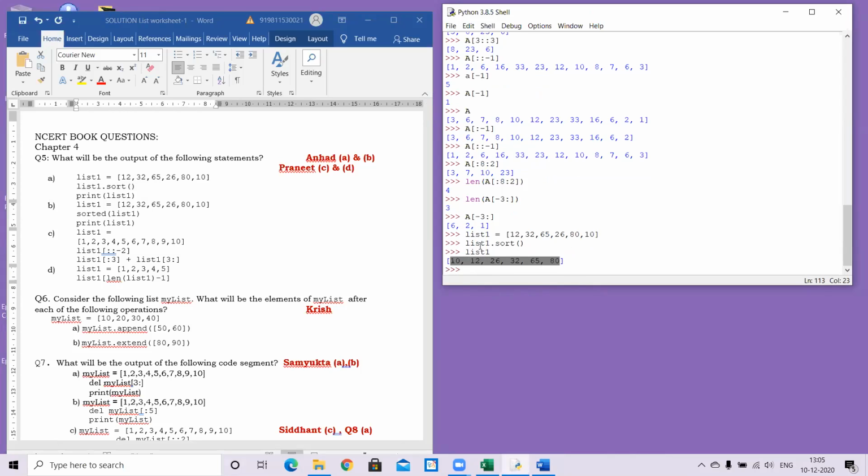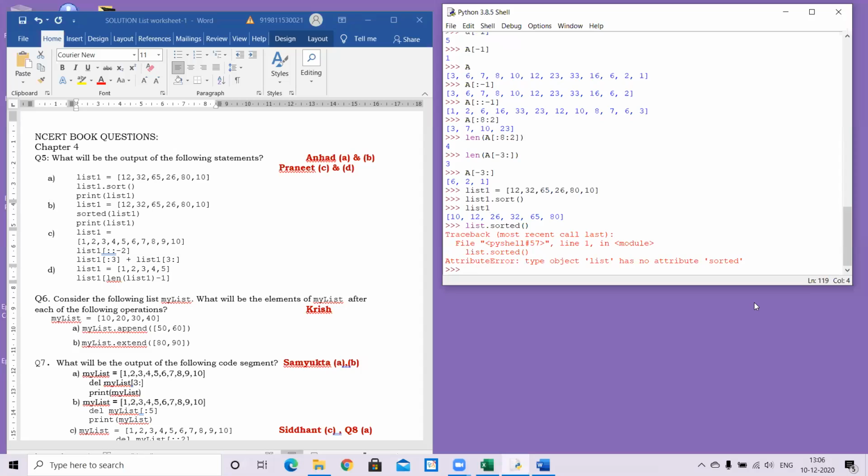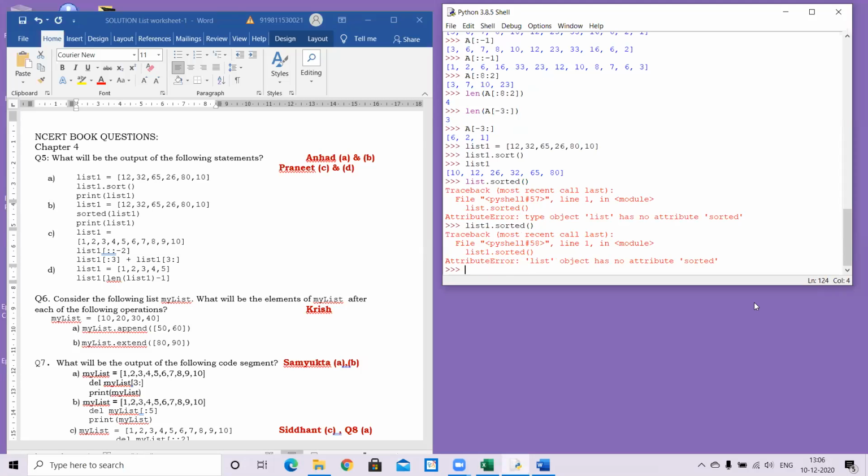Please remember that. That doesn't happen if I use which function? Anybody? Sorted. Excellent, Praneet. Thank you. If I do this, so sorry, I think it's list 1. What is the list 1 dot sorted? Ma'am, I have written it is sorted list 1.